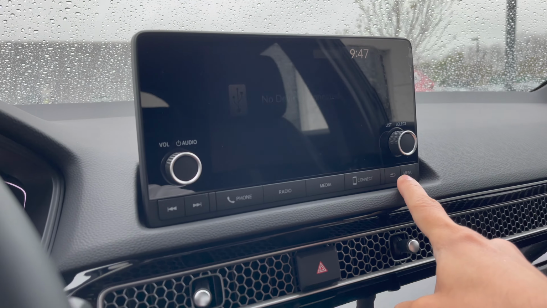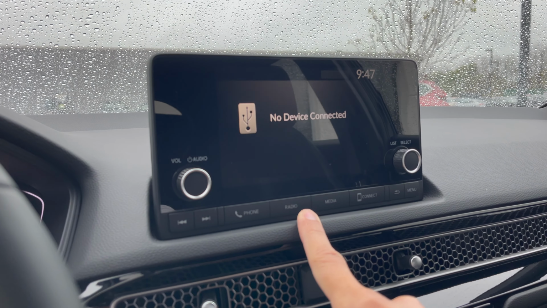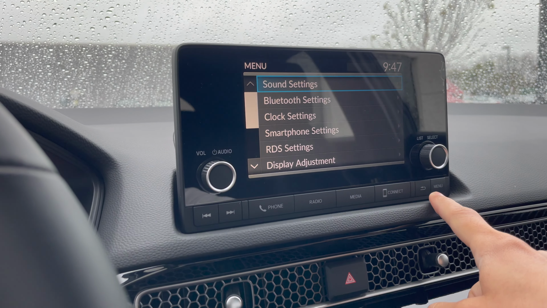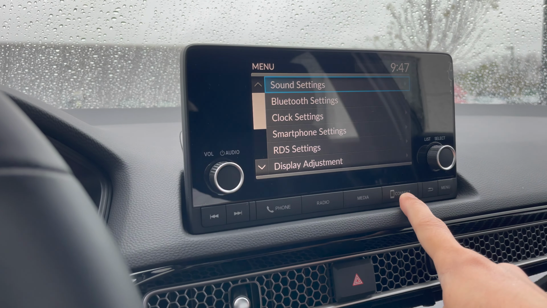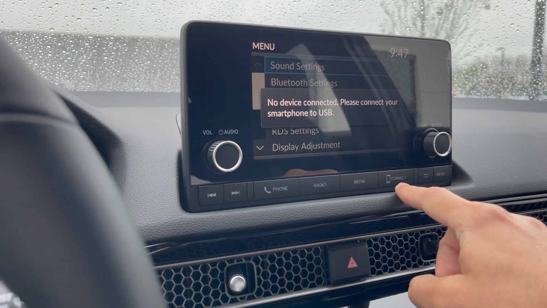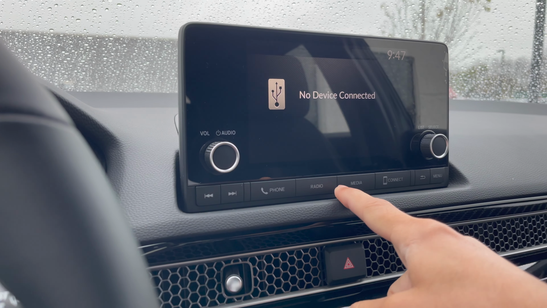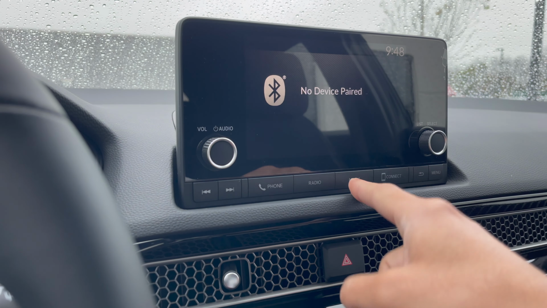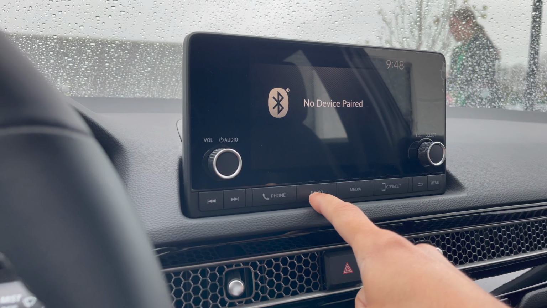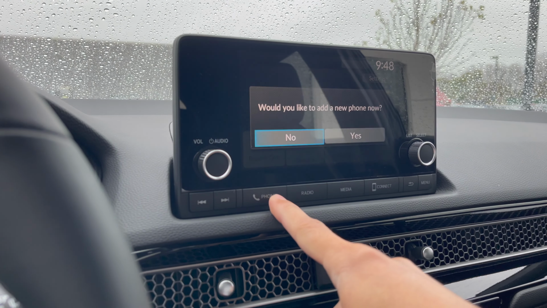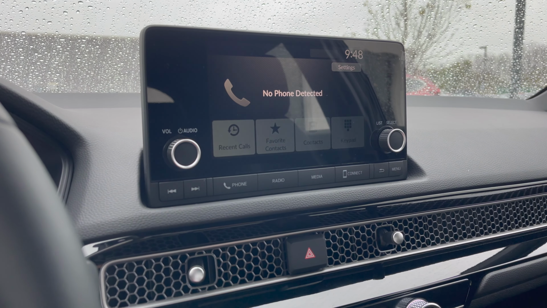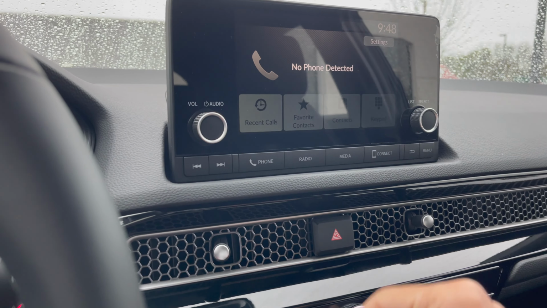So we're just gonna go off of this, and see what features it's got when you press the menu button. Here with Connect, you obviously connect to your smartphone using a USB, and then you've got the media here, which once you connect your phone, even Bluetooth, no thanks. You've got the radio here, you've got your phone system here. Once you use your Bluetooth, most likely, or if you connect it with the USB,